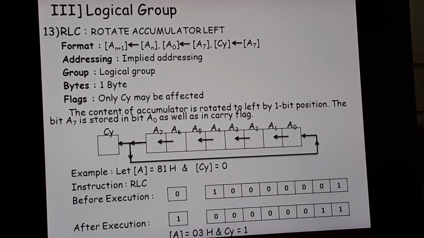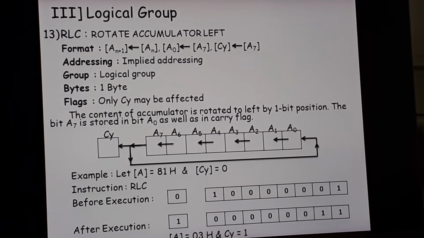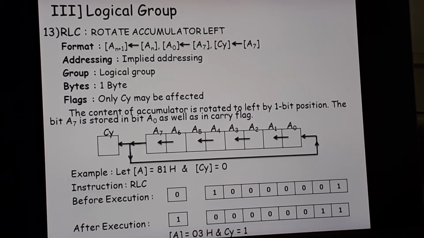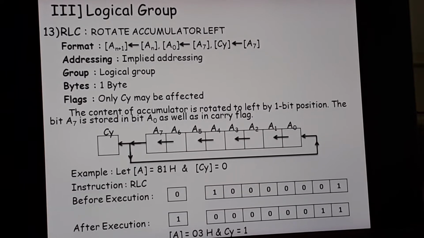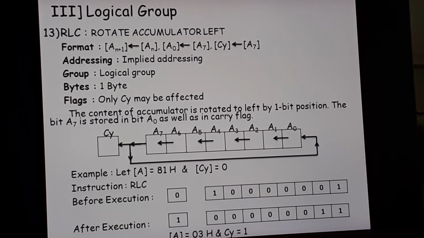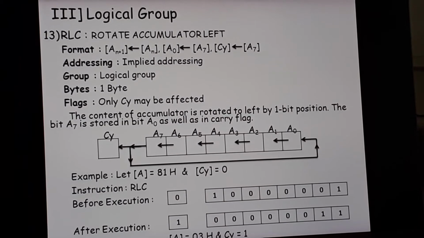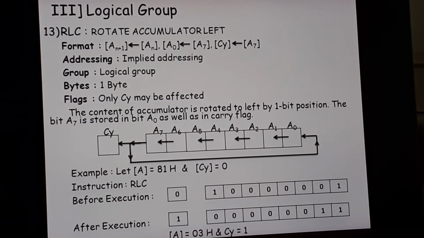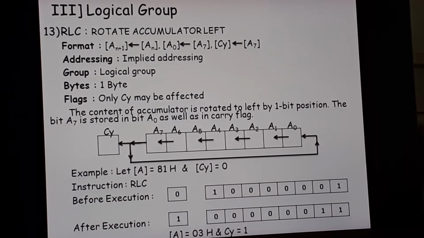left by one bit. So whatever the accumulator content is, we have to shift it by one bit to the left hand side, which is a binary number. You will have to assume a number. Suppose it is 12H, so you will write in that box 12H in binary. So 1 will be 0001 and 2 will be 0010. That number will be shifted to the left hand side by one bit.